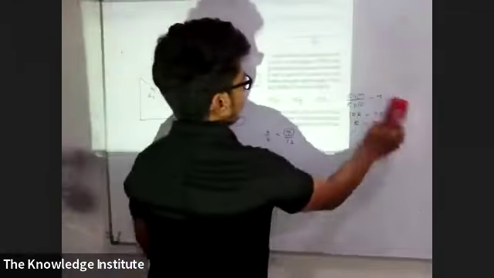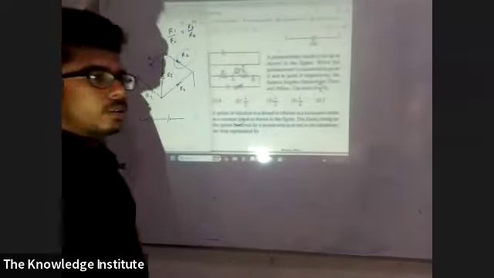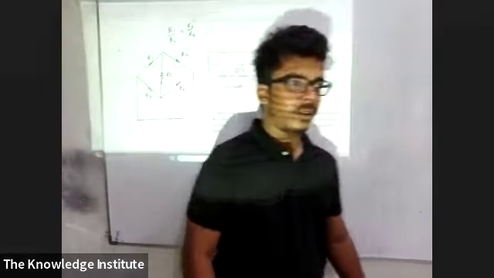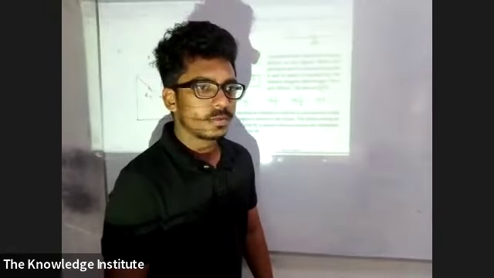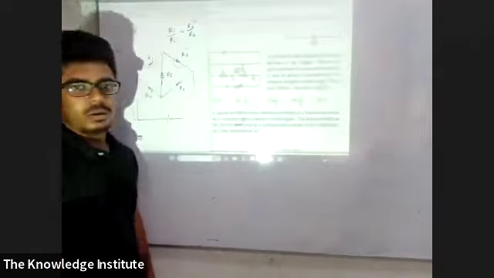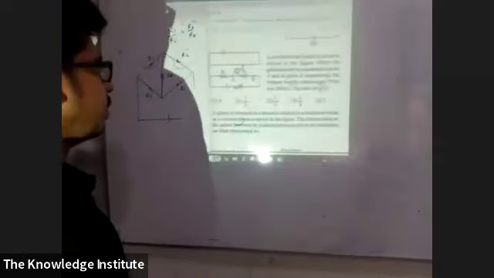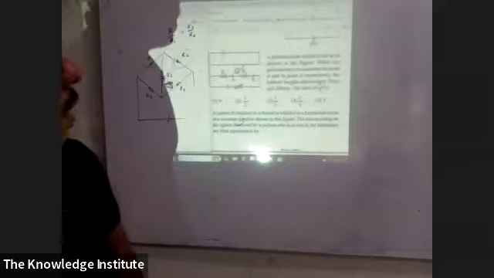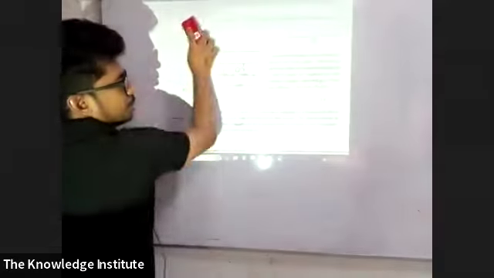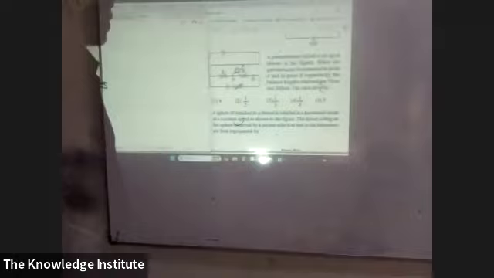A potentiometer circuit is set up as shown in the figure. When the galvanometer is, yeah, you get it for the structured also. Meter bridge. Yeah, you have it in the syllabus. A potentiometer circuit is set up as shown in the figure. When the galvanometer is connected to point A and to point B respectively, the balance lengths are 75 centimeter and 300 centimeter. The ratio of